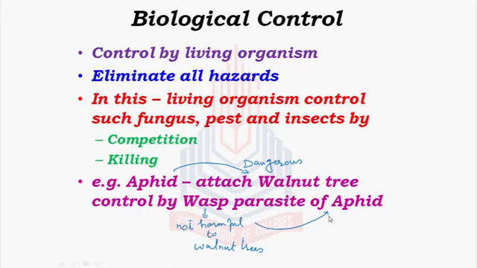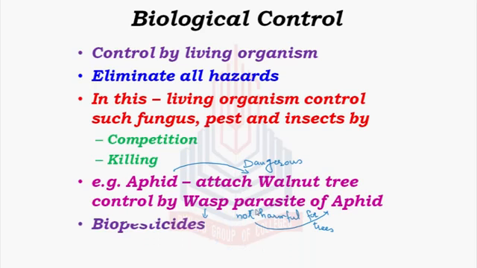It would destroy aphids, and unintentionally or indirectly it would save all walnut trees, although it is not itself attacking the walnut trees. That's why this is one of the best examples of biological control, in which one life is controlling another during competition and parasitism, and it is actually saving the trees for us.